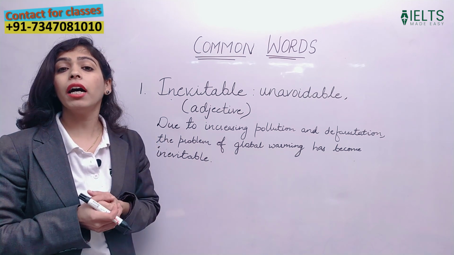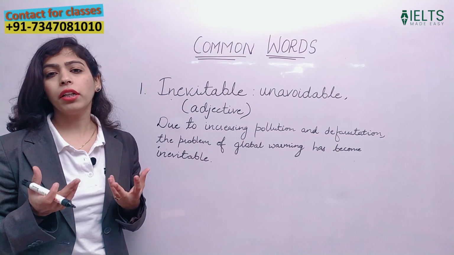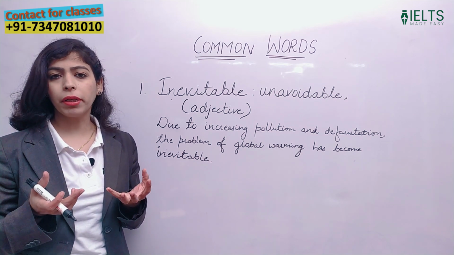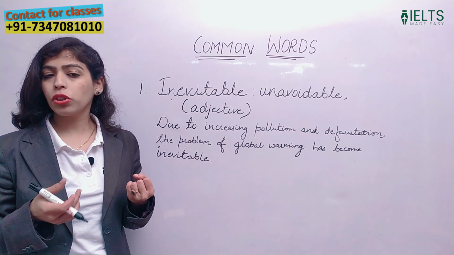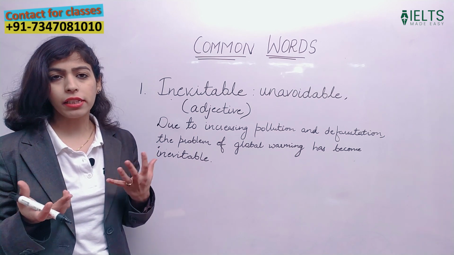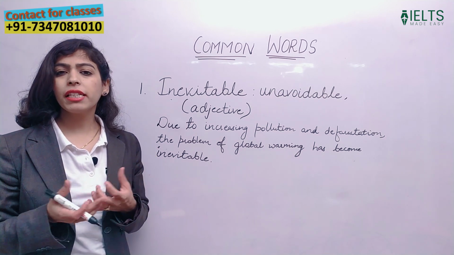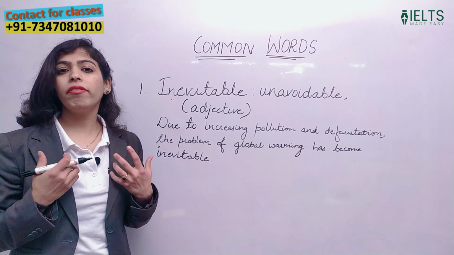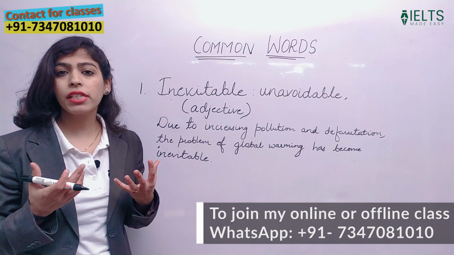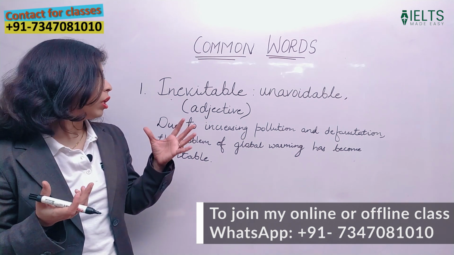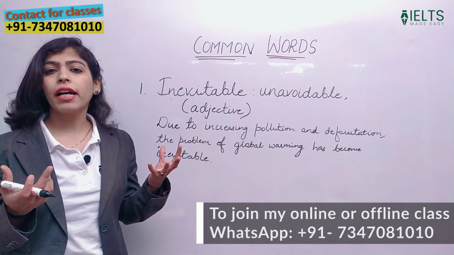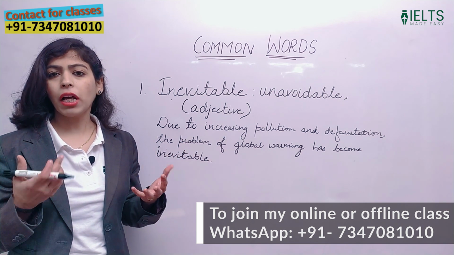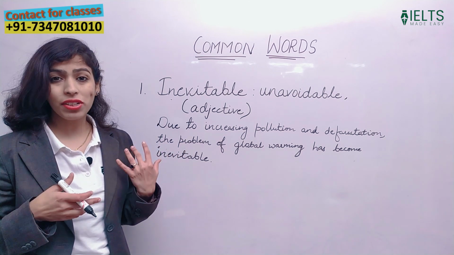Inevitable basically means unavoidable, or certain to happen, a thing which is sure to happen, some unavoidable thing, because we cannot avoid it; that is inevitable. Inevitable basically is an adjective, and adjective means something which is qualifying the noun, something which is adding something to the noun. So an adjective is a word which is adding something to the noun. So whenever I'm adding something about a noun, I'll be using an adjective.